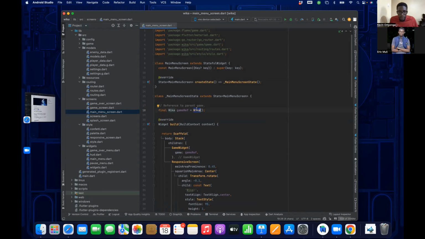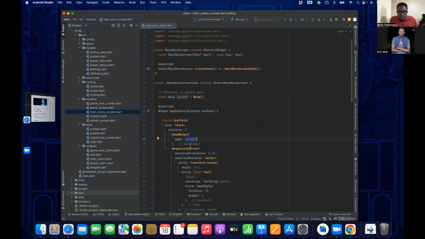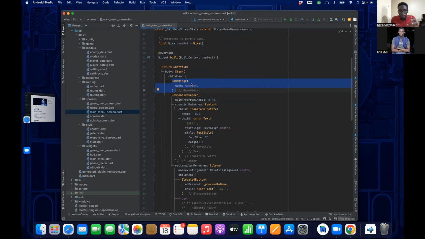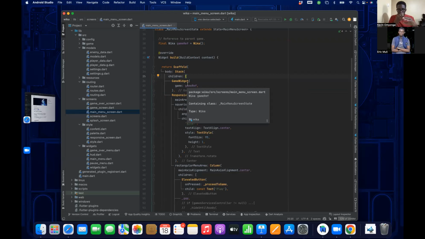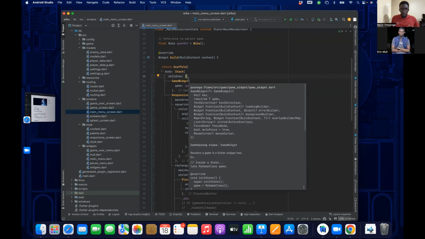The advantage of this is I don't have to worry about, as you can see, this is the main menu, not the actual game. So I don't have to worry about creating backgrounds for my menus. I can just use the game widget as the menu screen, because the game already has the parallax background moving constantly. So it now gives your menu that feeling of being interactive.